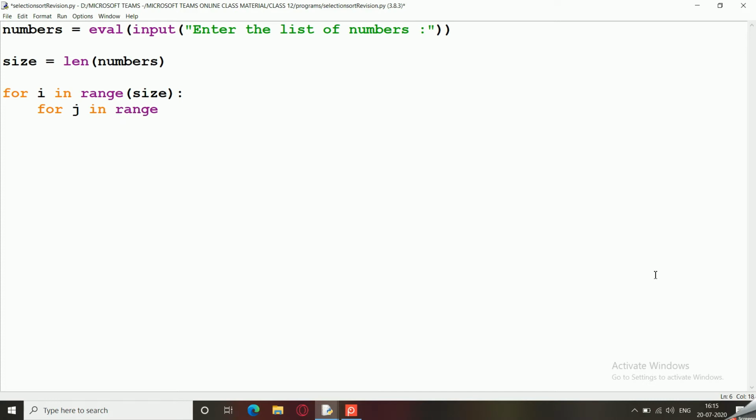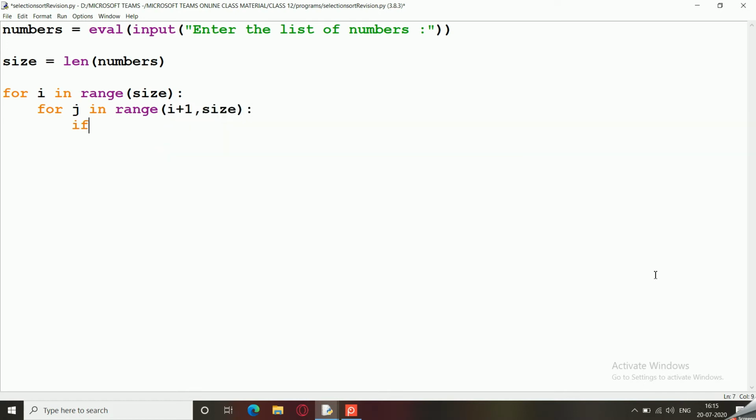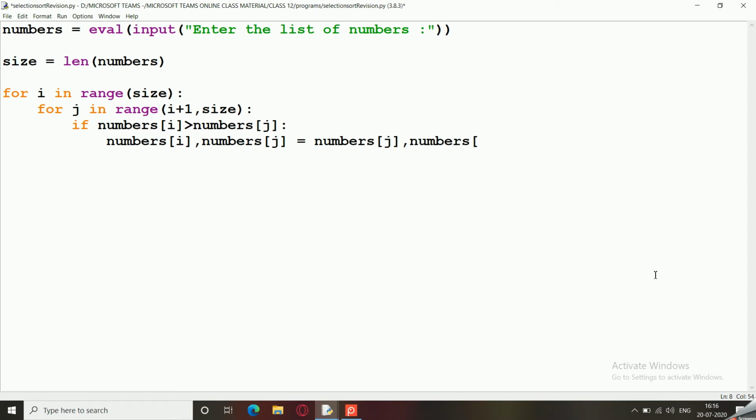for j in range, we are going to start it from i plus 1 up to size, and here we are going to check if numbers[i] is greater than numbers[j], then we will swap them: numbers[i], numbers[j] = numbers[j], numbers[i].